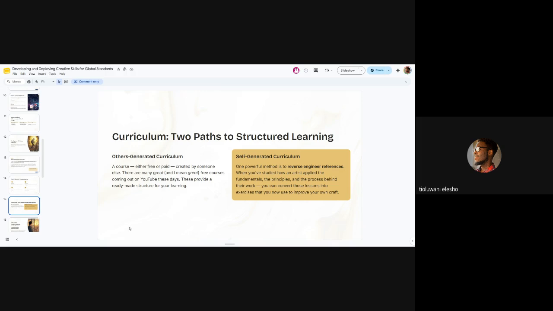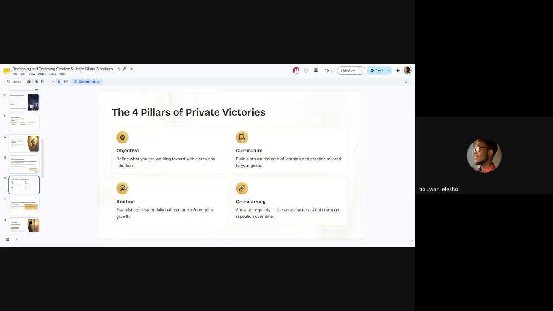And the items in that curriculum will now form the tasks that you put into your daily routine. So a routine is a very important part of your private victories. A time every single day for me is 9 to 11 every morning. To be more specific, 9:15 to 11:15. But anyway, every morning I try to run through my private victories crafts before I do any client work,